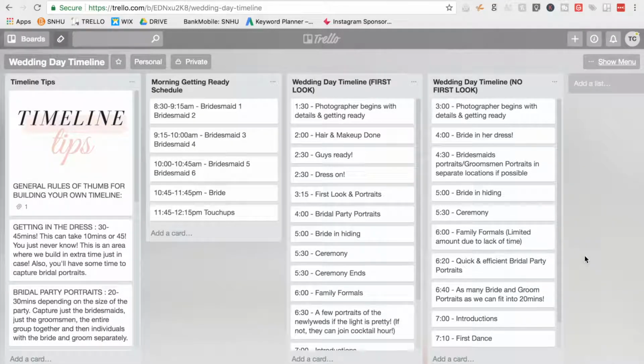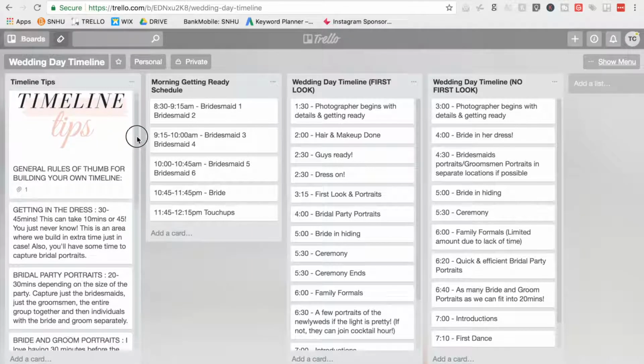So I want to walk you through the free template that I created. I used a website called Trello, so let's go into my computer and I will walk you through everything. Okay, so now we are inside my computer. This is the Trello board that I've created for you guys. If you haven't used Trello before, it is basically just a way to organize everything on your computer, and I really love it. So in the first column on the left, you'll see just a few timeline tips that I've